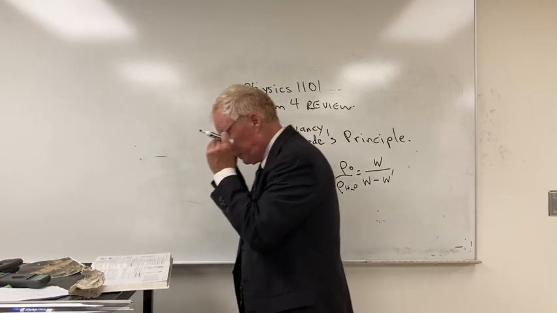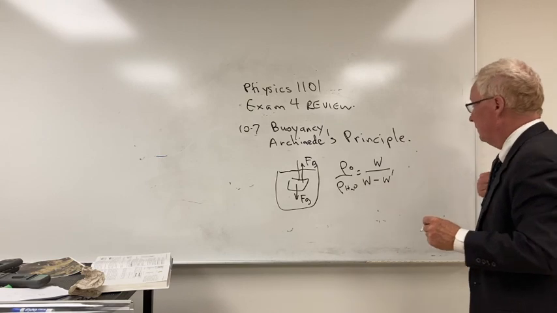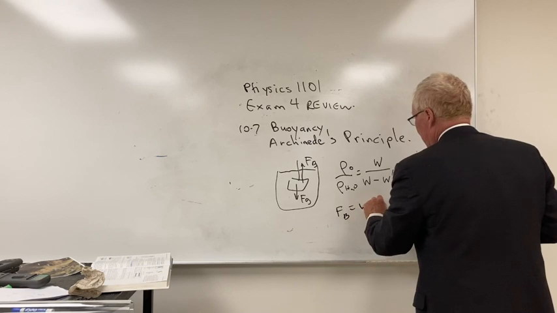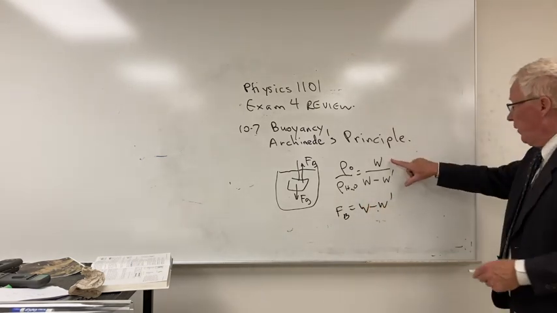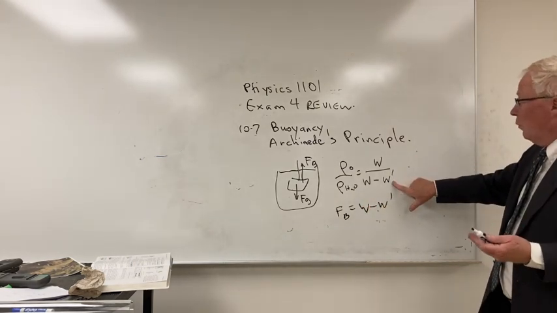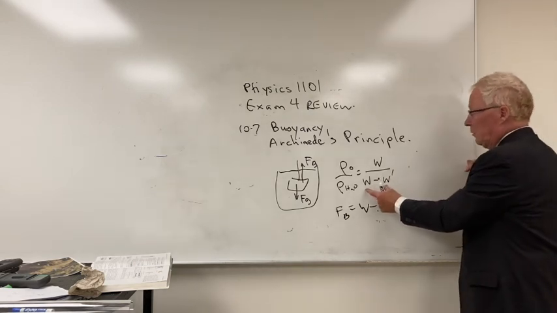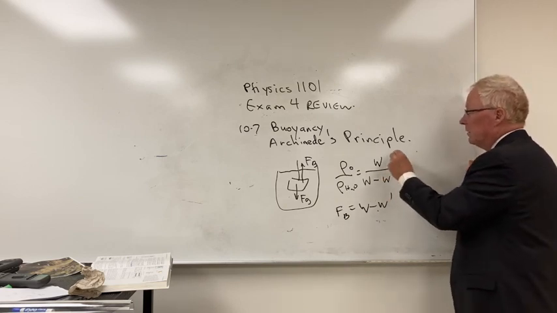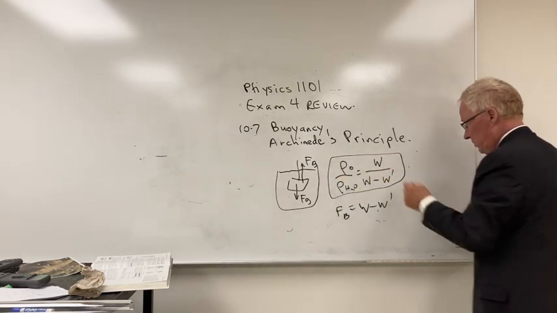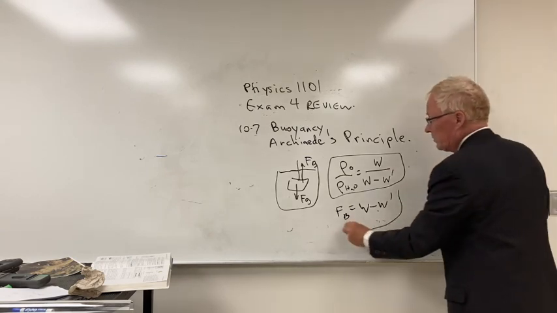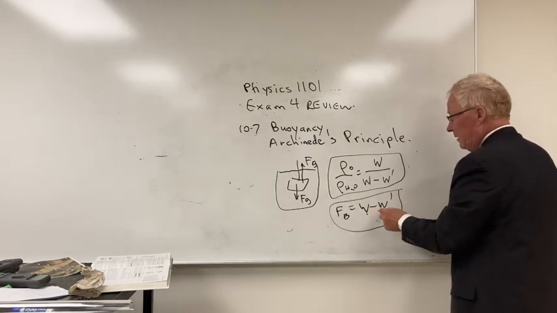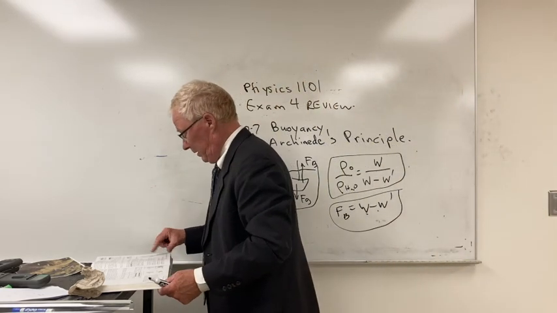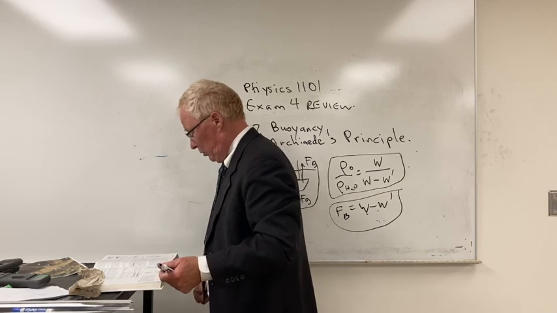And the buoyant force is W minus W. That's the weight in air, and that's the weight in the water. So the closer they are, meaning the denser it is, the higher this is going to be. So that's Archimedes' principle as far as that's concerned, and that's the buoyant force. That's the weight in air, the weight in the water. And then for an object that's submerged,